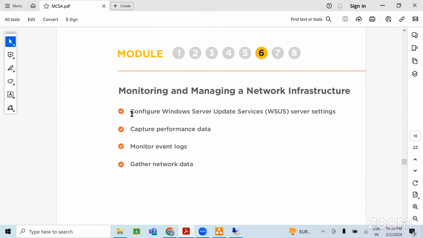Then we have the WSUS server, a major part, guys. WSUS, Windows Server Update Services, patching, in order to keep your infrastructure up to date, right? So we are going to make a WSUS server, and then deploy the latest patches to our infrastructure.